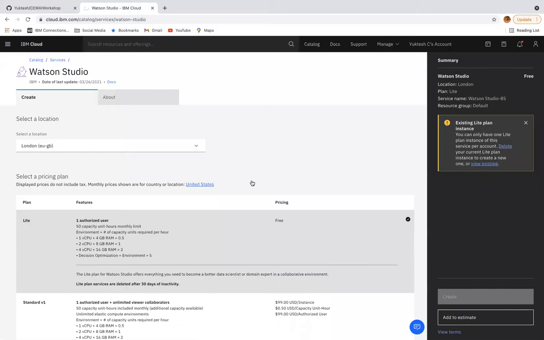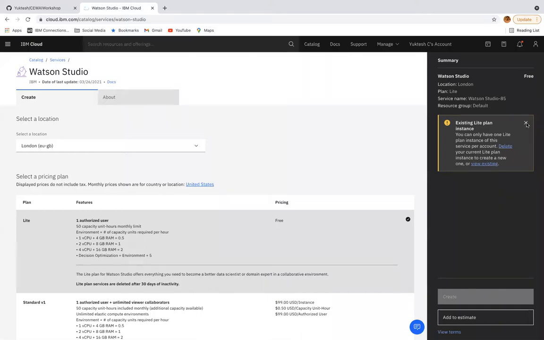The moment I clicked on Watson Studio, it opened, and you see you have a pricing plan, location, about, create, and on the right side, for me, an existing Lite plan instance. You can have only one Lite plan instance.